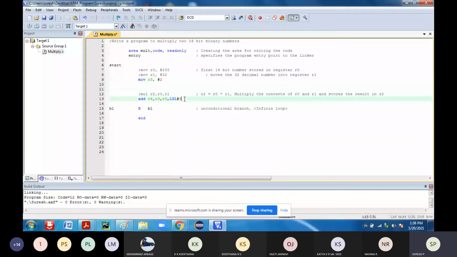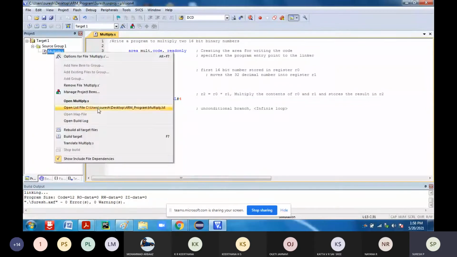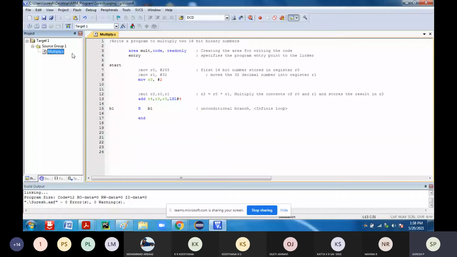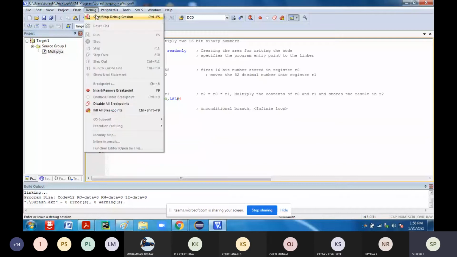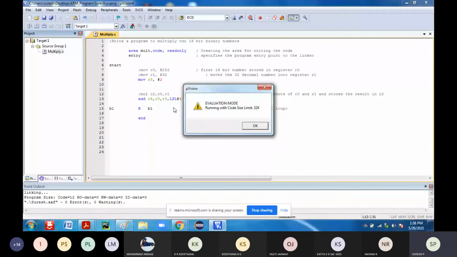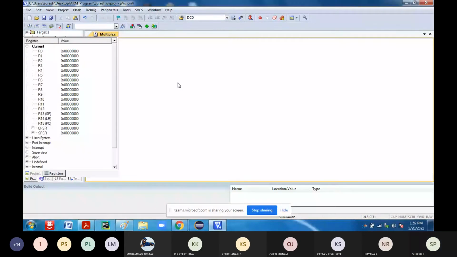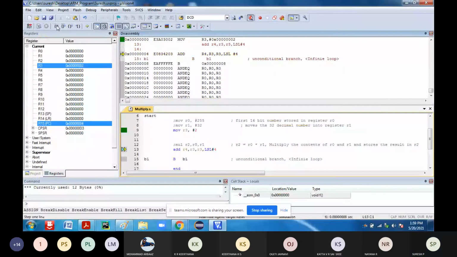If you run this particular code, you get the final result that is stored. Debug, start or stop. You can see it here. Initially the value of R4, the destination register, is 0 because it is reset.